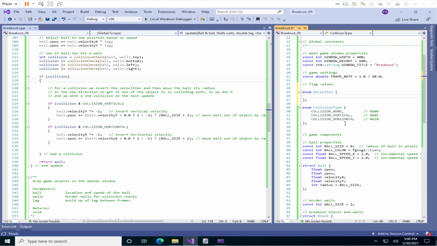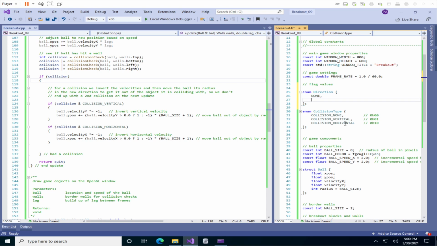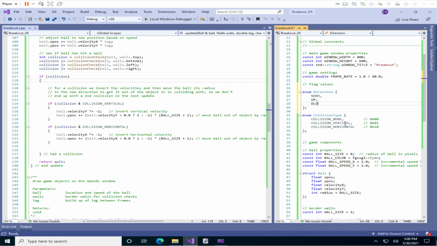And it's going to have a direction of none, and it's going to have a direction of up, down,